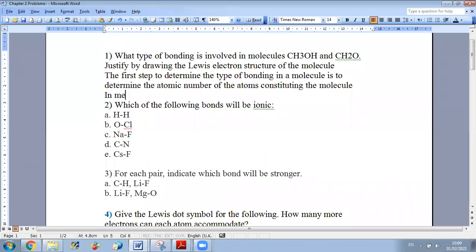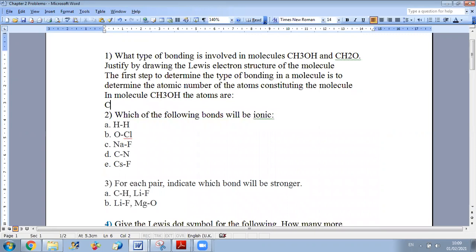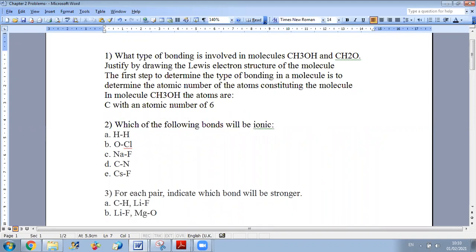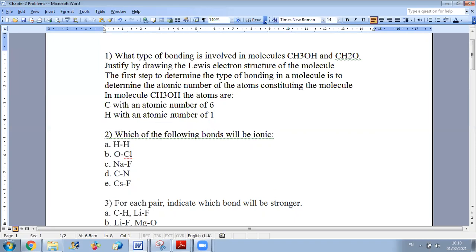In the molecule CH3OH, the atoms are C with an atomic number of 6, H with an atomic number of 1, and O with an atomic number of 8. So